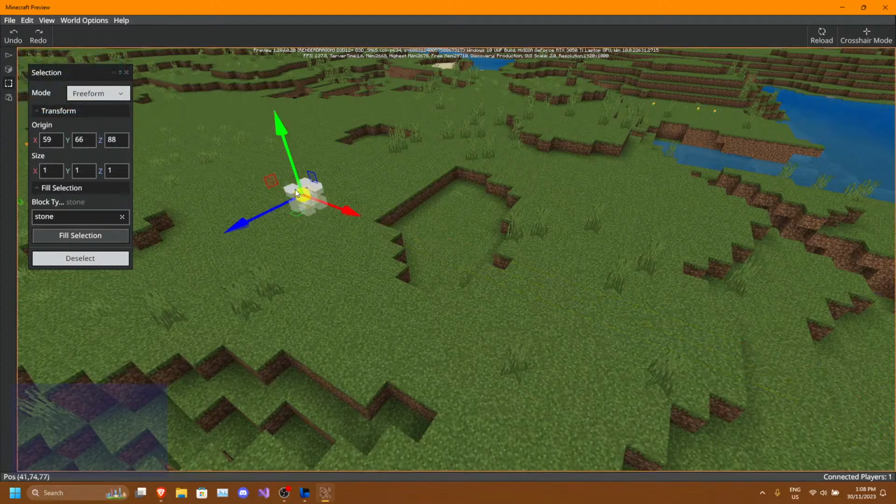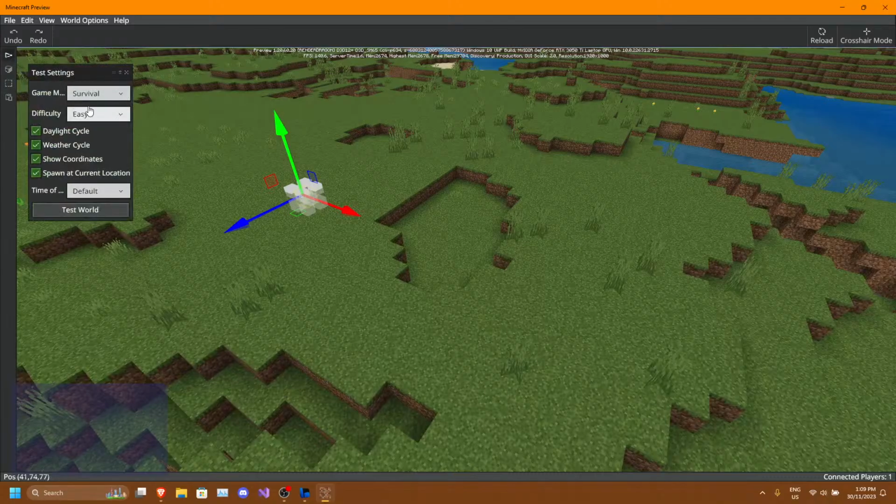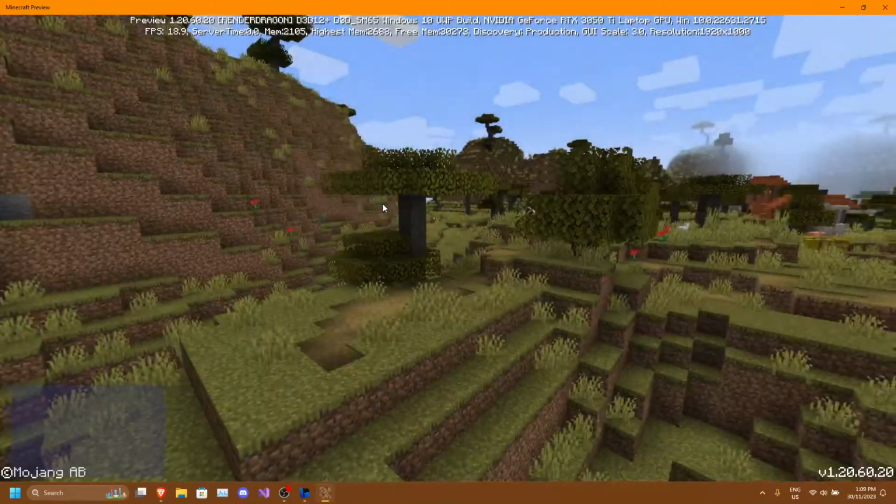Okay, so we've got selection, which is the same. Then paste, then test settings. Wait, this is new. So if we go into and then we do the test score.